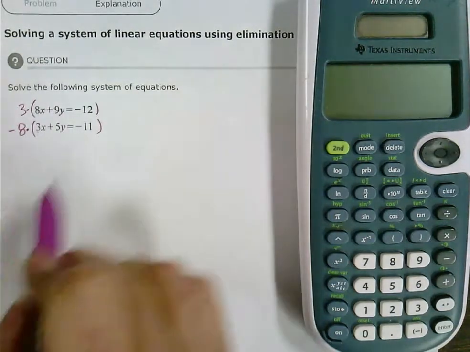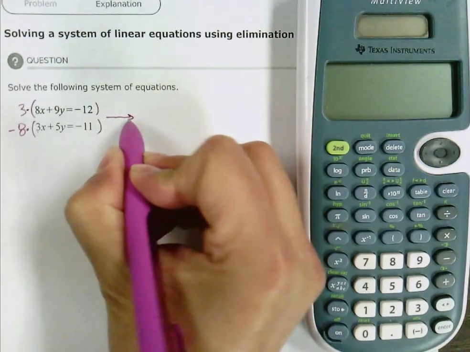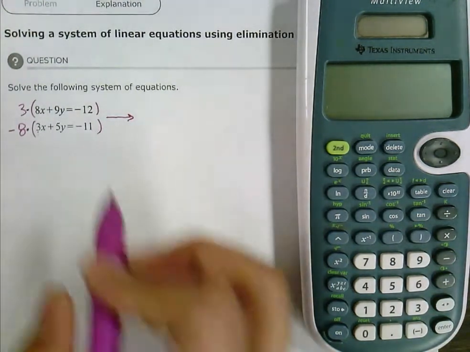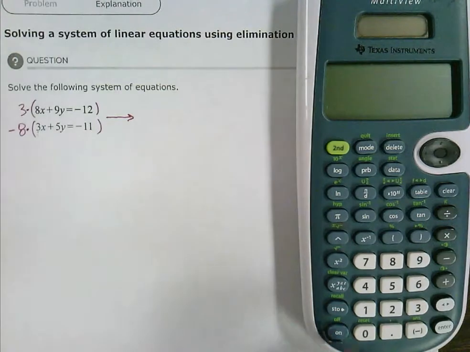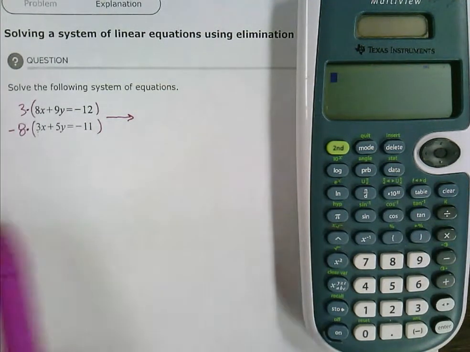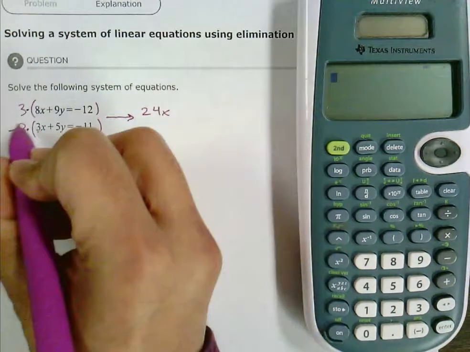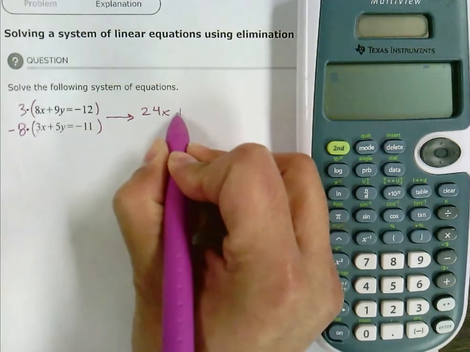After you've determined this step, you're ready to write your new equations. We will write the new ones over to the right. Let's start by distributing. And recall, if you need to multiply using the calculator, especially when you have integers, to double check that. If you're still struggling there, then make sure you double check all calculations using your calculator. 3 times 8, 24x. 3 times 9,